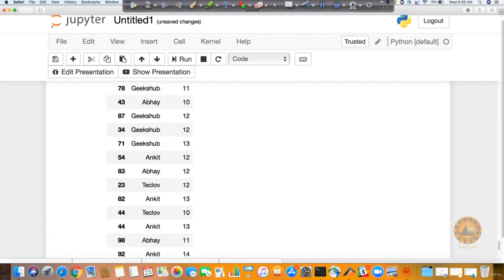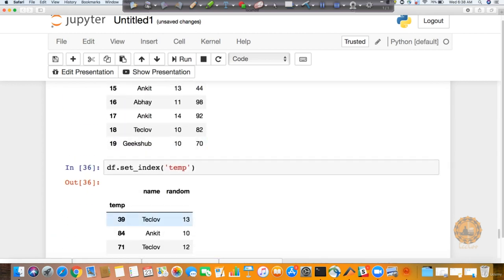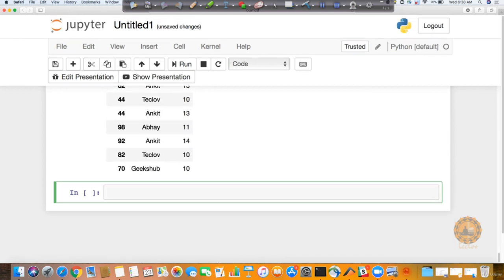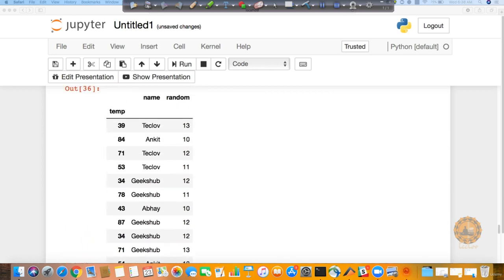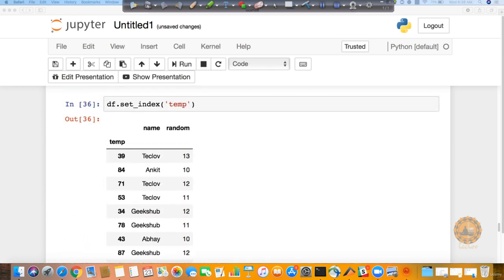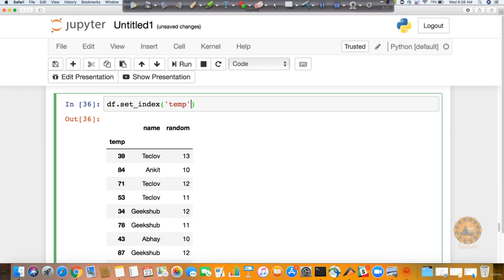When I did this df and defined this index, you can see the output has the changed value. But when I print out the value of the data frame, you will notice that it is again showing the old value, which means it is coming back to my original value where I have 0 as my index. How to fix it? Right now what is happening is that it is doing this change temporarily, not permanently. So in order to fix this, there is a parameter called inplace. By default, the value of this parameter is false. You have to make it true in order to make this change permanent.